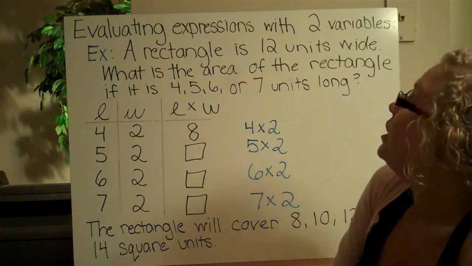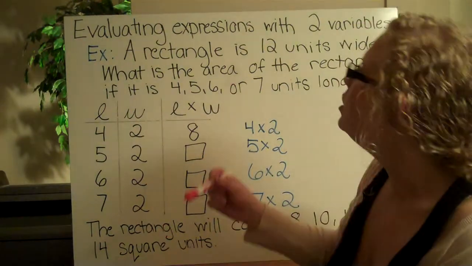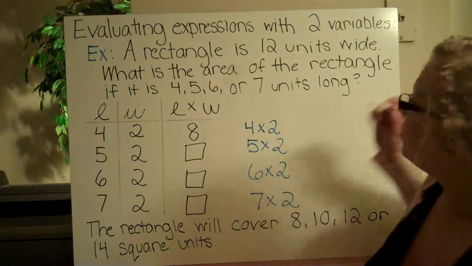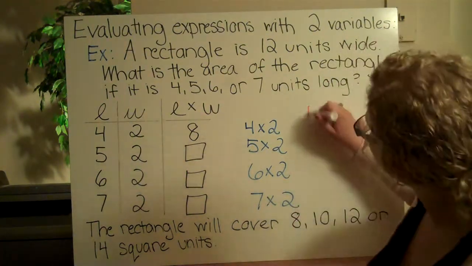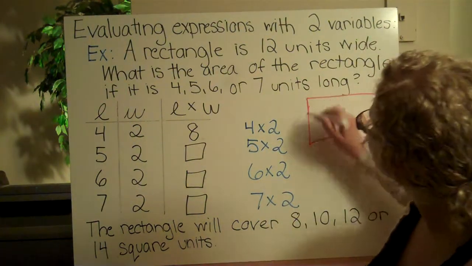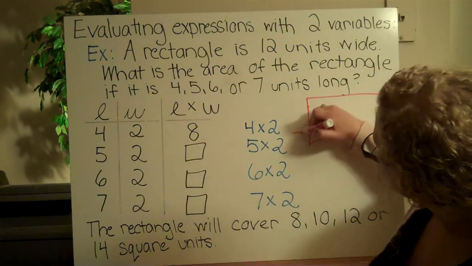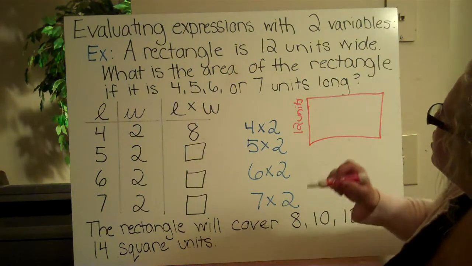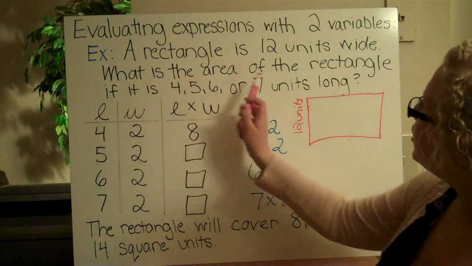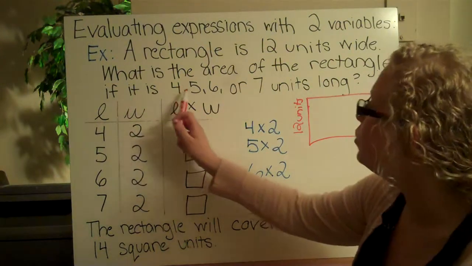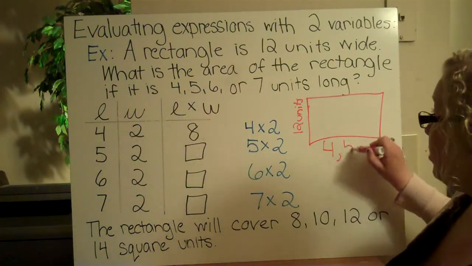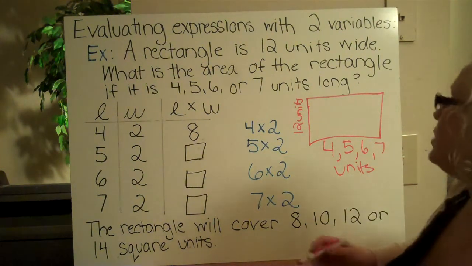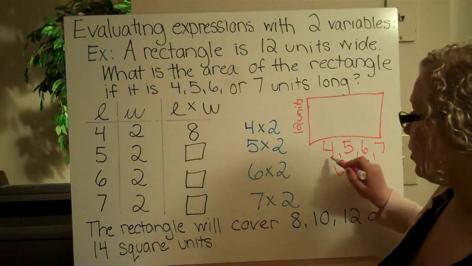Now we can evaluate an expression with two variables. An example, a rectangle is 12 units wide. I suggest drawing a picture. So here's our rectangle, and it's 12 units wide, 12 units. And now it's asking us, what is the area of the rectangle if it is 4, 5, 6, or 7 units? So it wants us to find when the rectangle is 12 by 4,